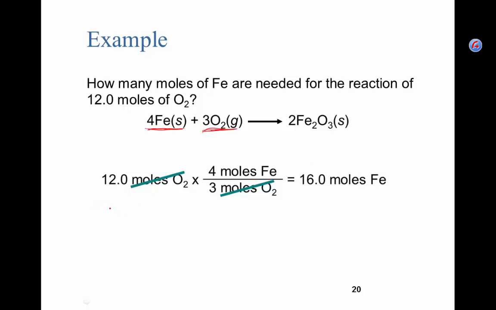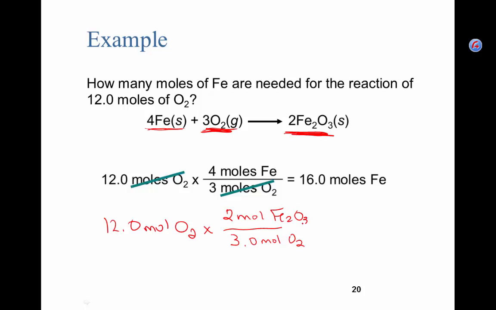Now, let's say I had 12 moles of oxygen, and I wanted to find, in this case, my compound. So I have oxygen and I want to find this one. So I'd put my oxygen on the bottom, 3 moles of oxygen, because there's a 3 for the coefficient. And if I wanted to find the product, there's 2 moles of my Fe2O3. My units would cancel. 12 times 2, which is 24, divided by 3, and I would have 8, 3 significant figures,